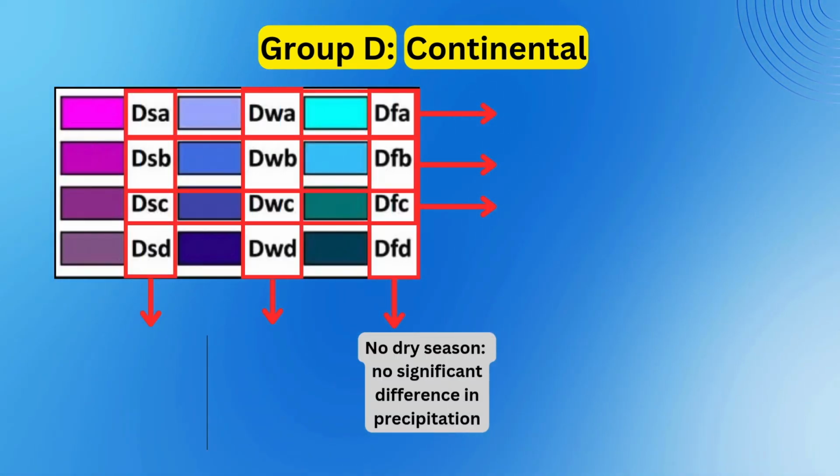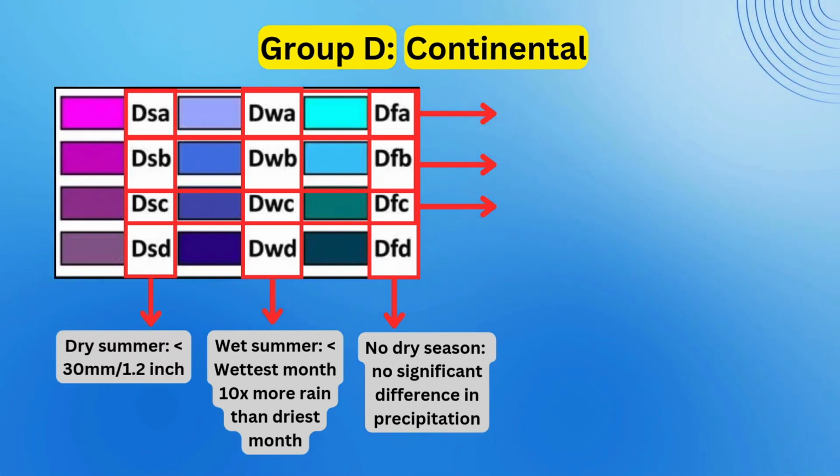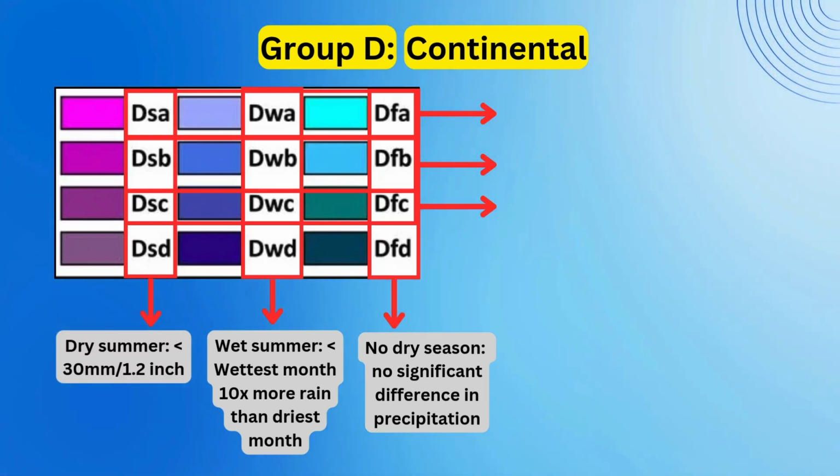But to make it easier, the criteria are just like the temperate climates. So the second letter F means no dry season, meaning that there is no significant difference in precipitation per month. If the second letter is a W, it means that the wettest month receives more than 10 times as much rainfall as the driest month. And if the second letter is an S, it indicates a dry summer with less than 30 mm or 1.2